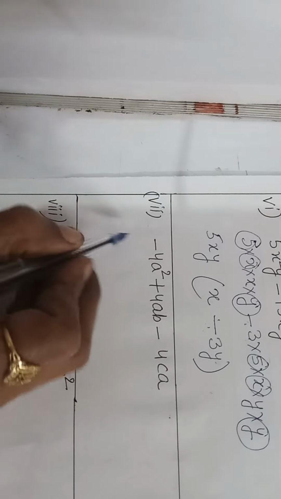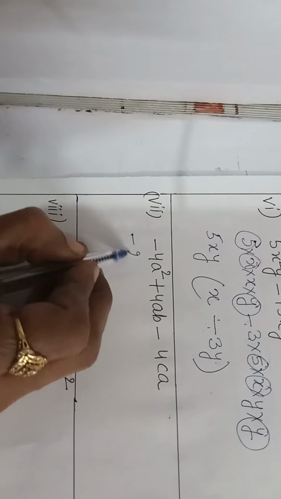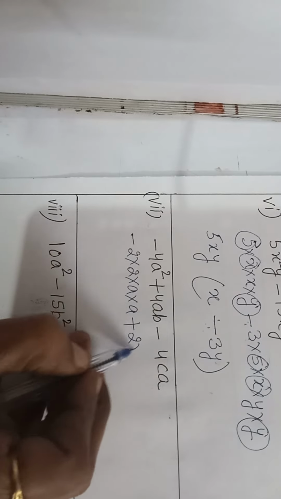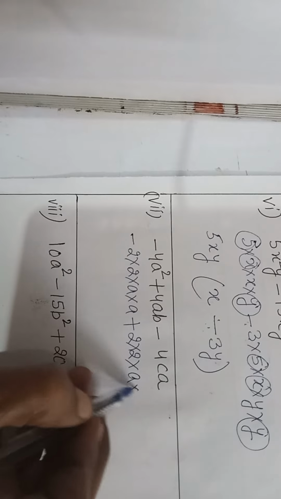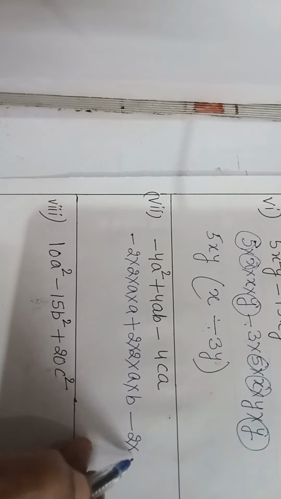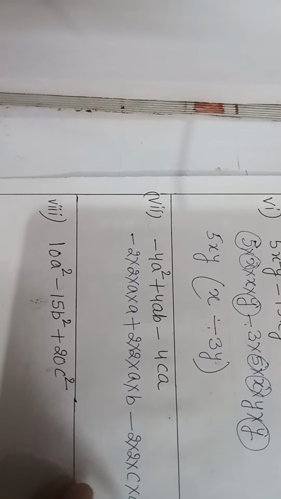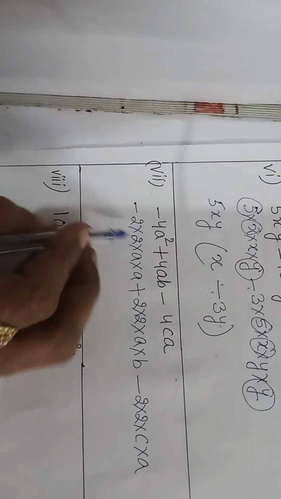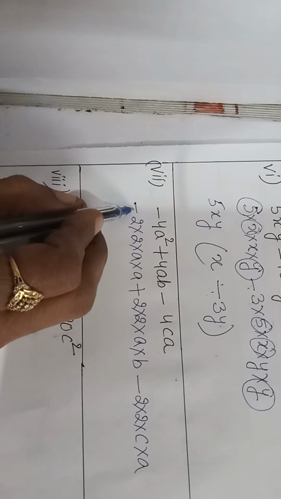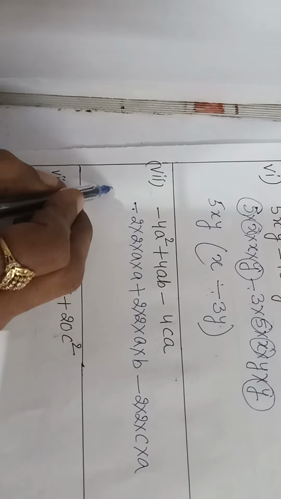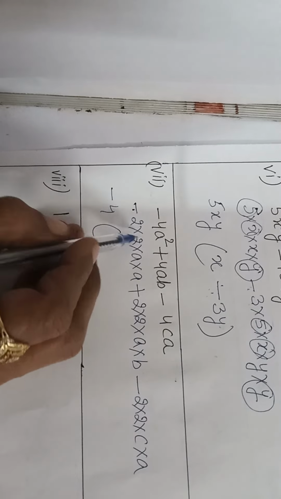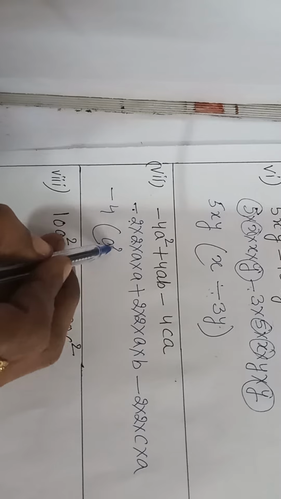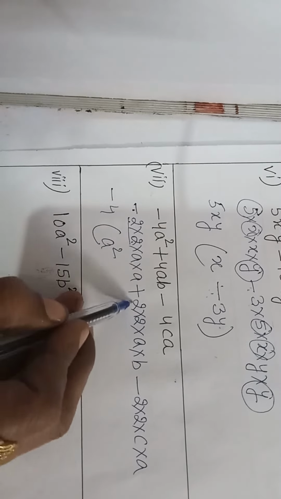Now in the next part, minus 4 को हम लेंगे 2 into 2 into a into a plus again 4ab, 2 into 2 into a into b minus, you can directly take common 4 also क्योंकि every term has 4 with it. So आप सीधा 4 भी common ले सकते हैं. And similarly, if minus is with the first term, you will take minus also common. So what is left here? 2 into 2, 4 we have taken. So what is left here? a square. These two we have taken common with everyone.